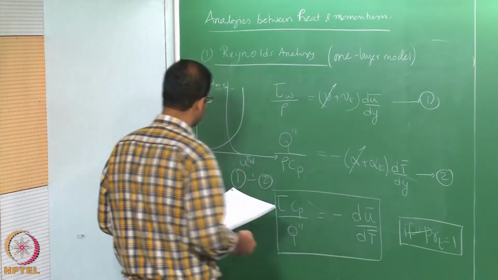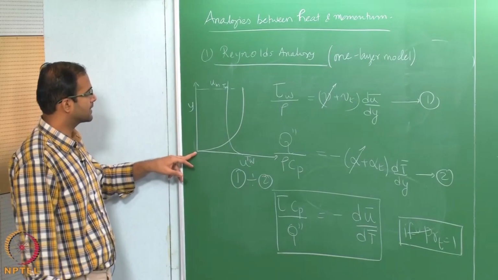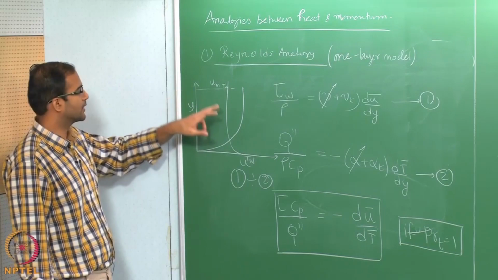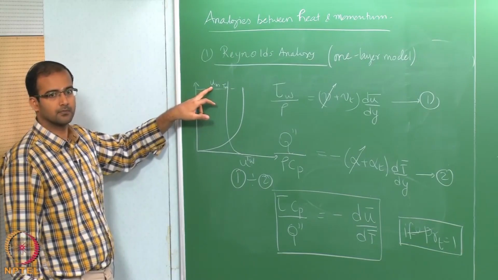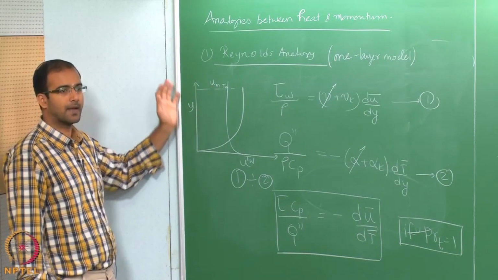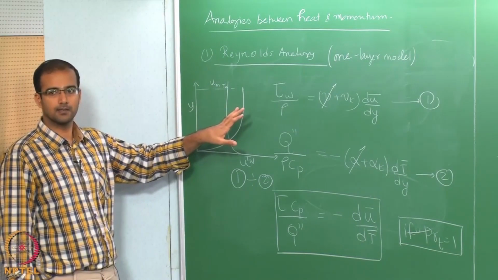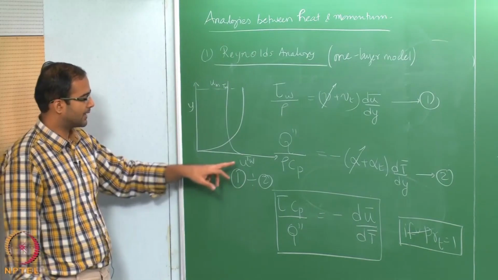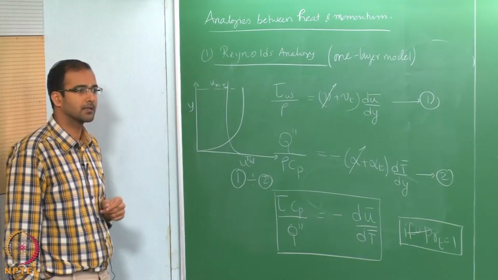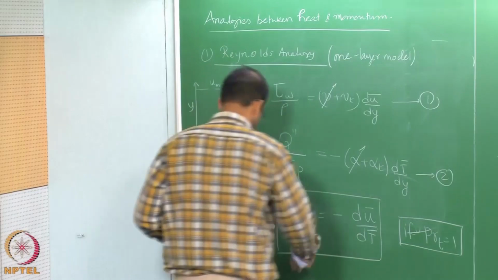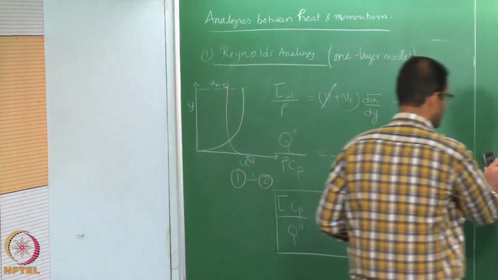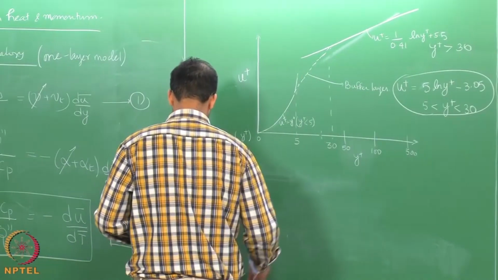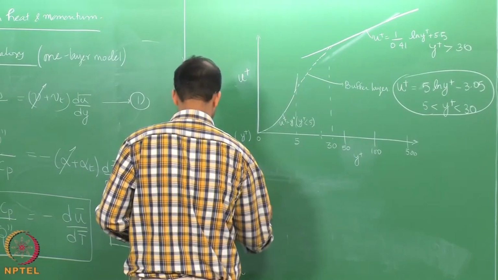Therefore, if you integrate it, at y equal to 0, your u is 0 and at the edge of the turbulent boundary layer, your u becomes um. Okay, I am using um because um can be u infinity in the case of external boundary layers. For internal flows, this is your mean velocity. Similarly, your temperature can vary from wall temperature to mean temperature. So, I will just integrate it and upon integration I can get, therefore,